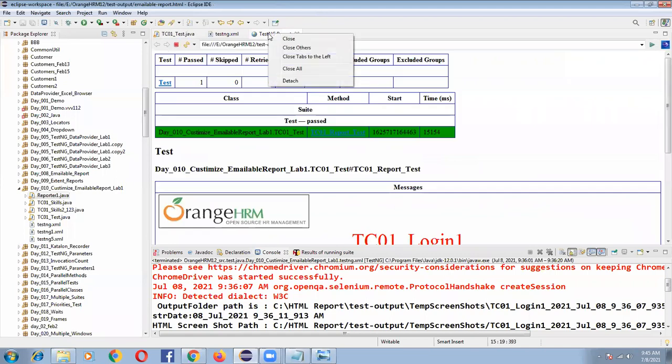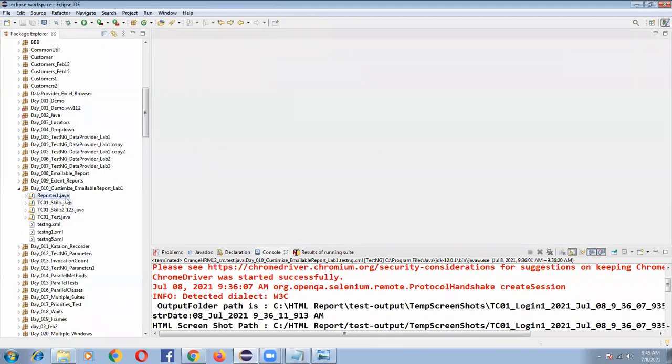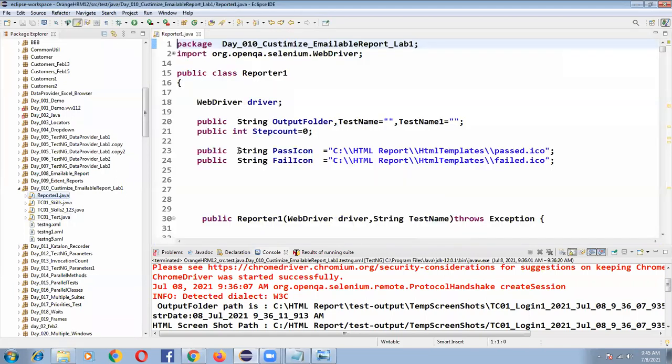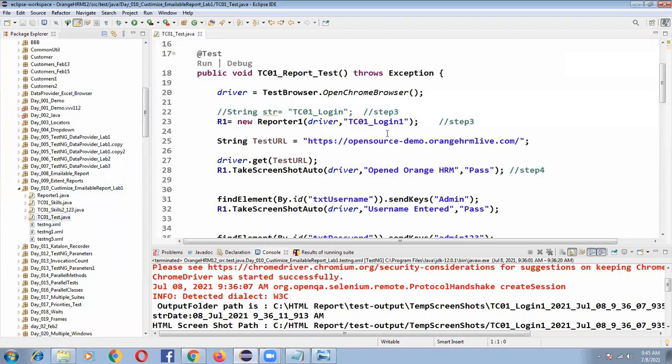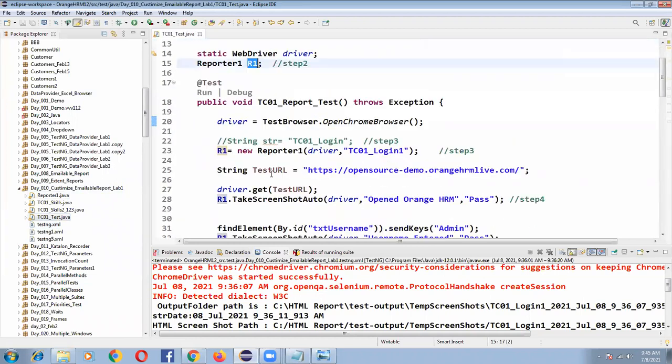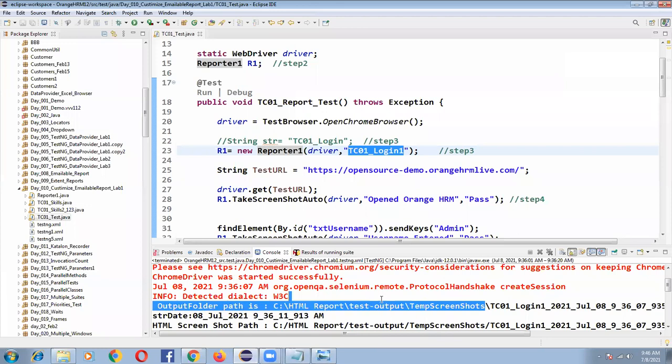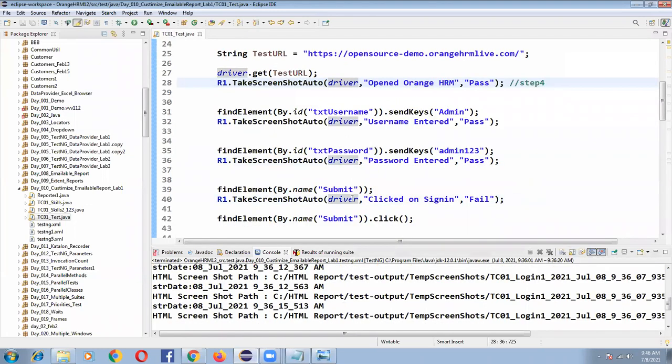So that's it on how customizable the report is. Instead of importing the reporter class, we can use reporter1.java. You declare an object and write R1 is equal to new reporter1. With this name the folder has been created, and under that folder all the snapshots were captured. Where your snapshots are is also shown in your console here, and all the log statements will be generated.